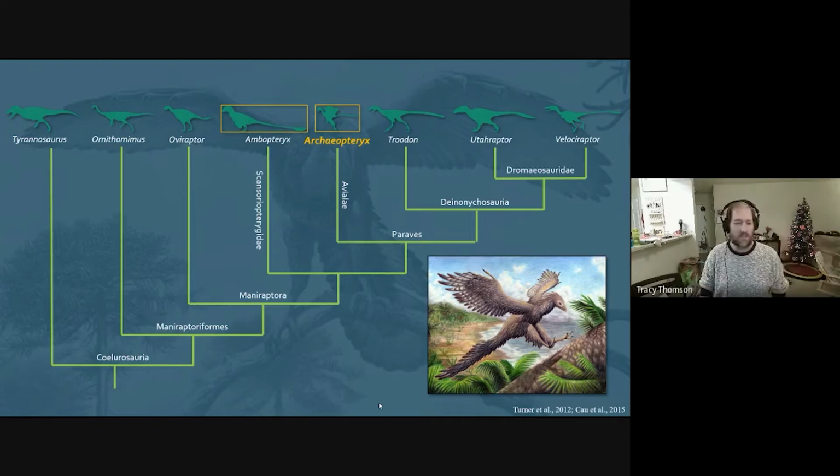But this is the phylogenetic framework, the family tree, as it were. And so Archaeopteryx and some of these other dinosaurs as well are really important for trying to understand the evolution of flight in birds in this group. They have these interesting transitional features, and we want to try to understand the ecological context in which they evolved